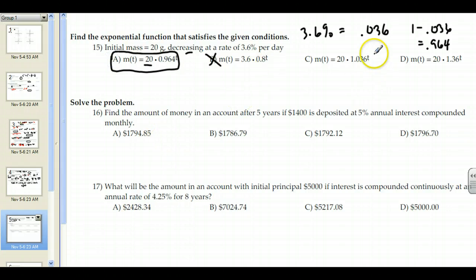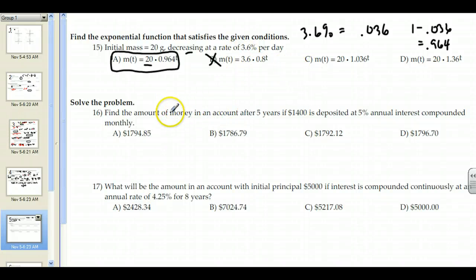Alright, this is increasing at 3.6% per day. So make sure that you get that correct. And then this is just they didn't do their decimal right. And it's increasing as well. So decreasing, we subtract the decimal version of the percent from 1, and multiply 20 by that to the t